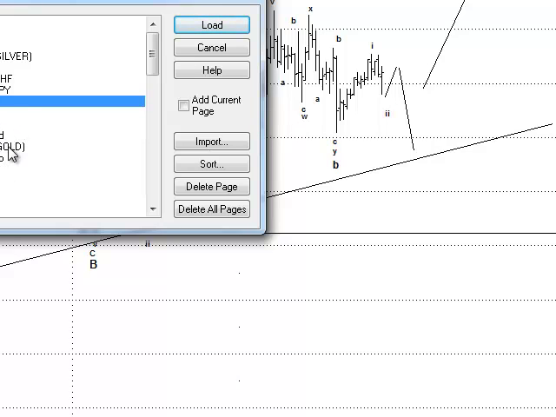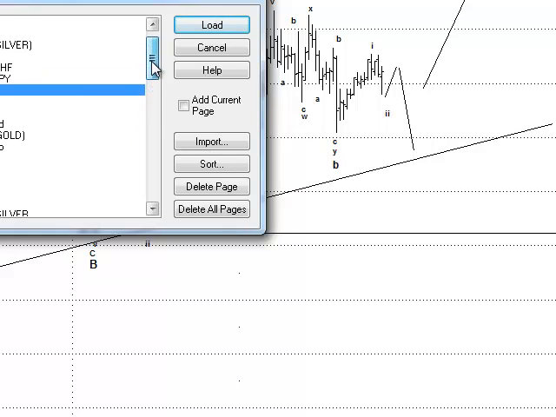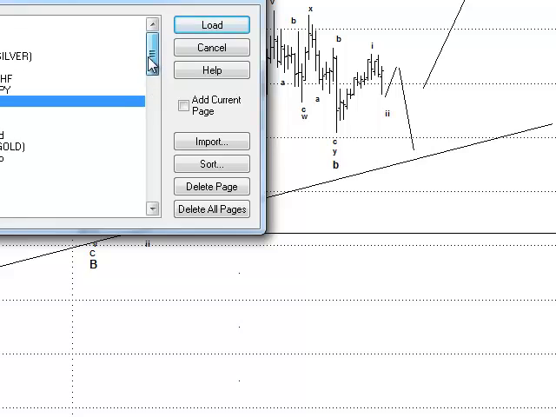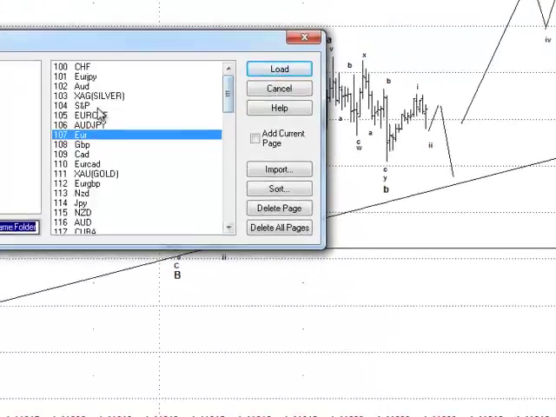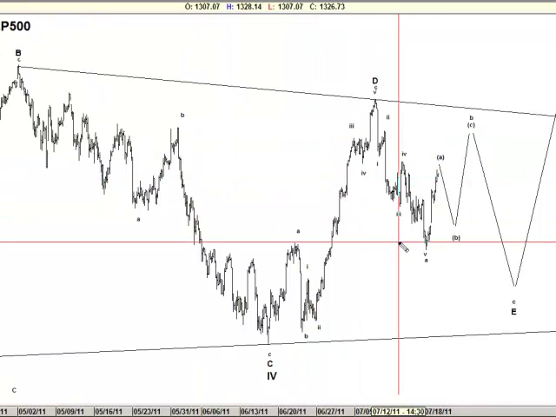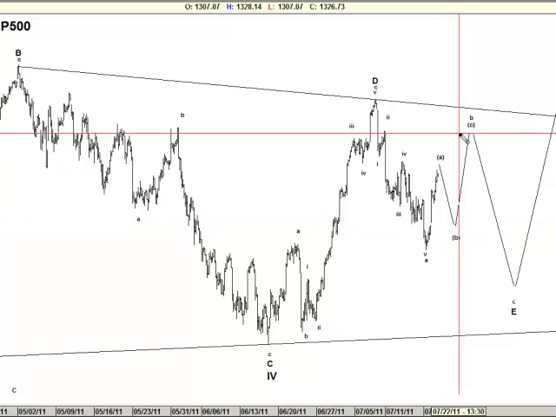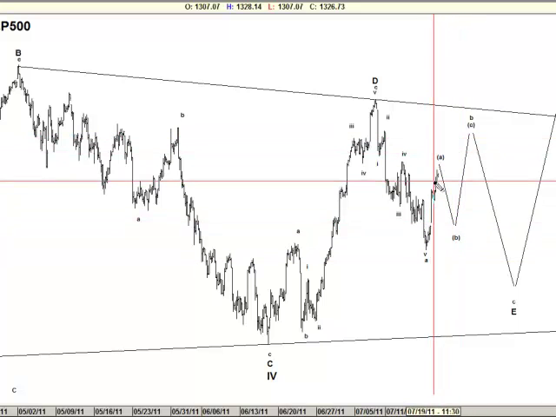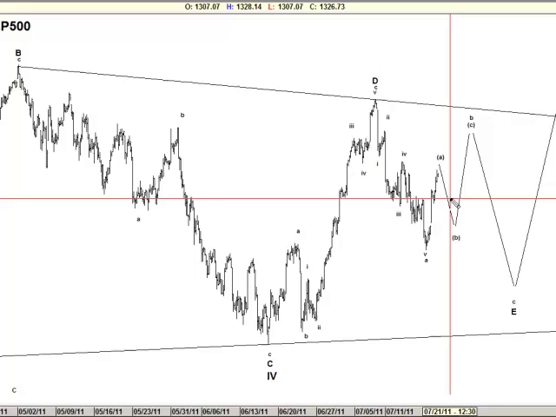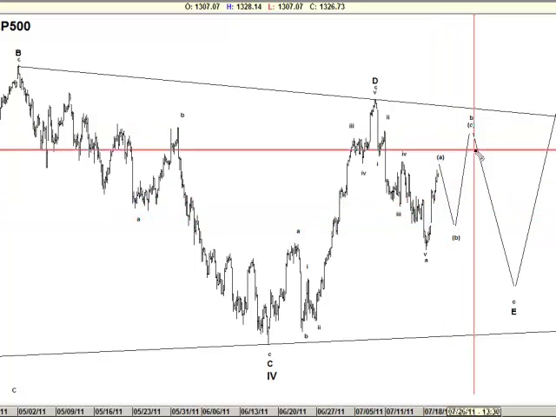Let's move on to the S&P. What the S&P did today is exactly what we were forecasting. In last night's video we said that the S&P is going to bounce hard and the S&P should trade higher. Now, the move right here is in 5, so we're expecting some type of weakness in 3 waves before going